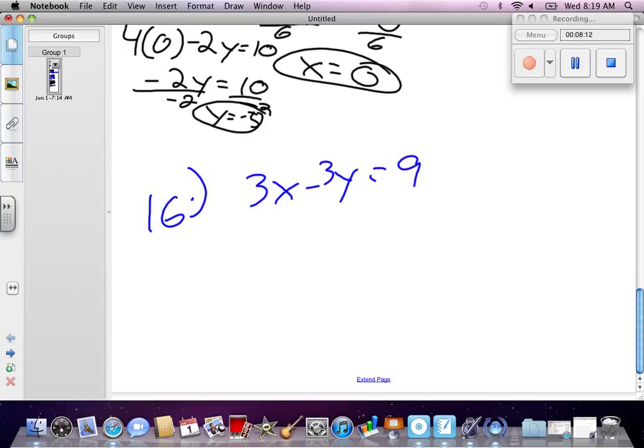3x minus 3y equals 9. And x plus y equals 3. If I wanted to do substitution, what would I have to do? How could I eliminate a number? What would I have to multiply one of these equations by? Yes, Lawrence? 3. So if I multiply this bottom equation by 3,